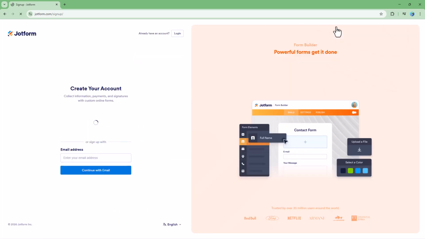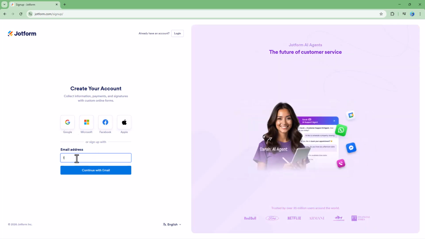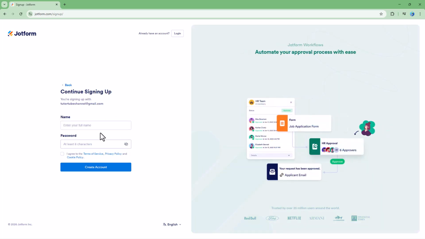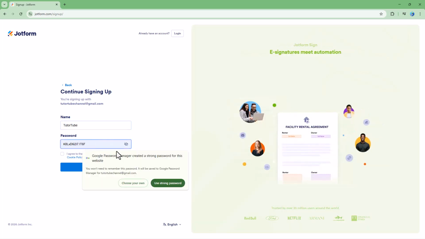You can go ahead and click, and then what happens is that you can sign up using one of these social media accounts, or you can go ahead and type in your email address that you want to sign up with as well, which is what I'm going to do. So I'm going to go ahead and create my email. I'm going to type in my name as TutorTube,